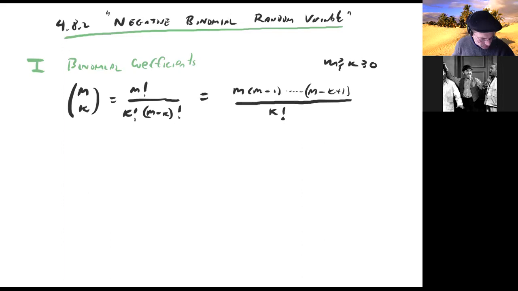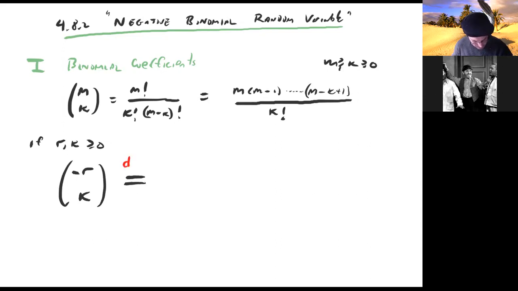Okay, so now suppose that r and k are both greater than or equal to 0, then we make a definition. I'm going to define a negative binomial coefficient. Negative r is now a negative number, or at least a non-positive number. I'm going to define negative r choose k. Here's my definition. I just copy the formula I just wrote above, and substitute for m. So we get minus r times minus r minus 1, dot dot dot, times minus r minus k plus 1